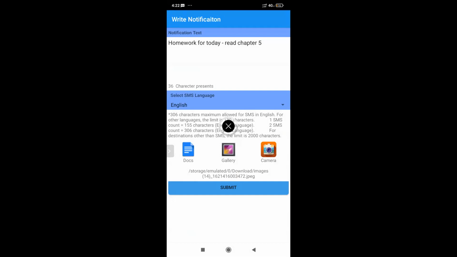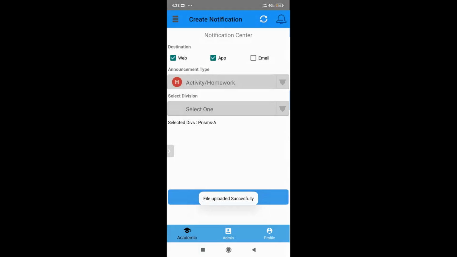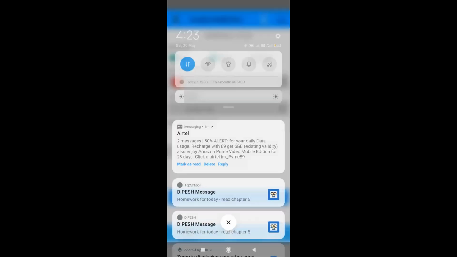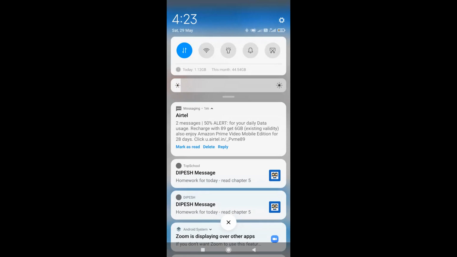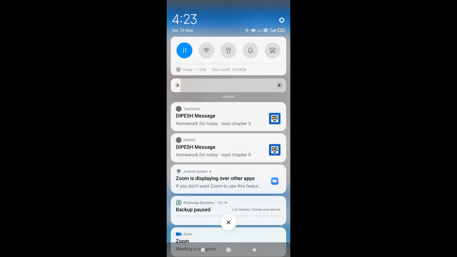You can directly open the camera. If you click on camera, your camera will open and you take a photo and directly upload it. If it's any drawing that you have made or anything in front of you that you want to share, you can take a picture directly. But if you already have a picture, you can share from your gallery as well. Like sir said, for new phones it takes a little bit of time because the image size is large. See over here, you are able to see the notification, ma'am.